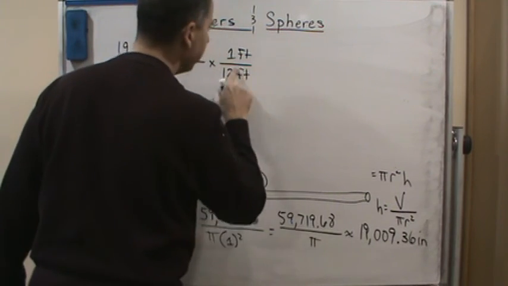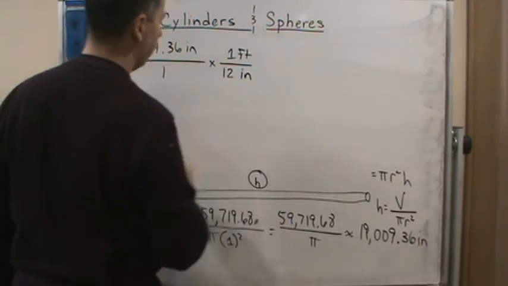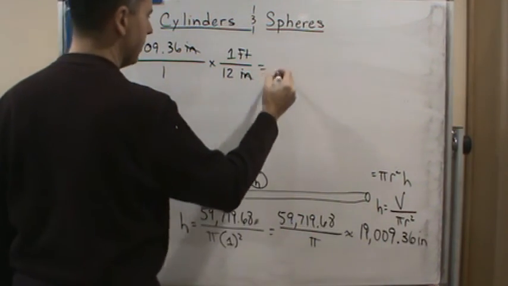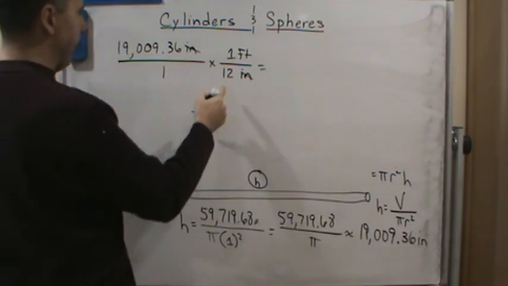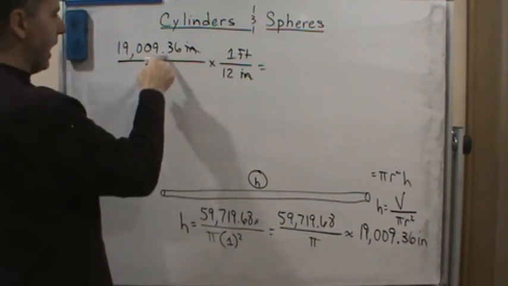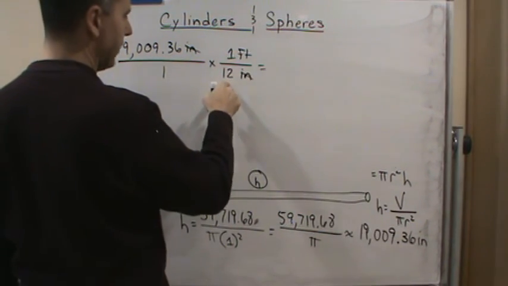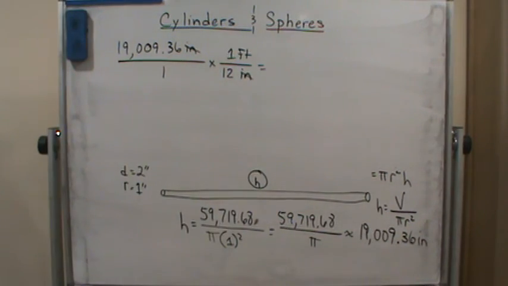Inches cancels with inches. And it's a division problem, so we take 19,009.36 divided by 12, and that's going to give us,